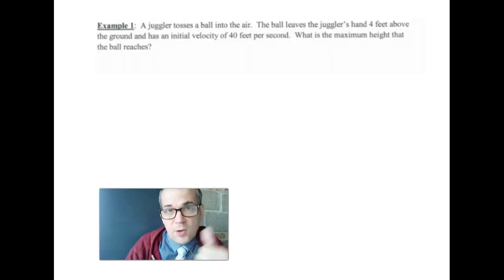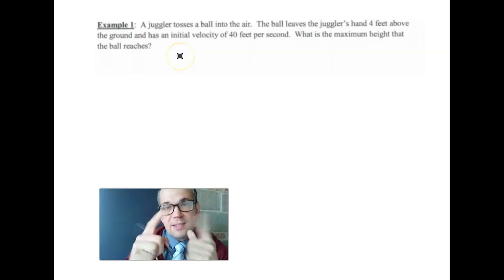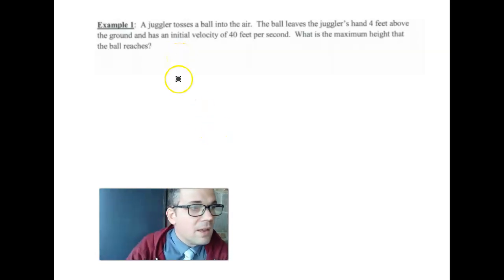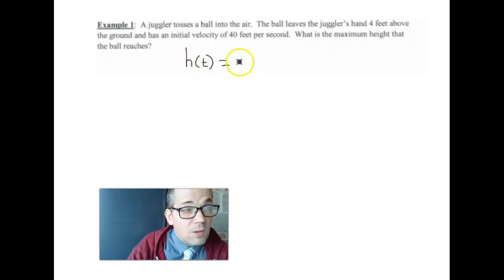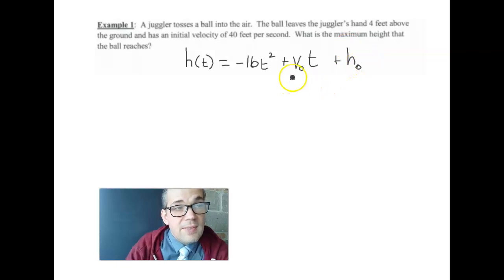So let's talk about the equation from the last video. Here's how I want you, when you see h parentheses t, to think: the height for any given time t. For any time you can think of, the height at time t is going to equal negative 16t squared plus whatever that starting velocity is times t plus whatever the starting height is. And then these values are always going to be in our word problem somewhere. We'll be able to figure out what the value for this is and what the value for this is by